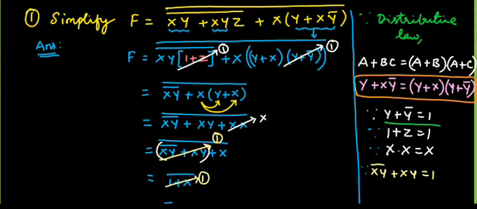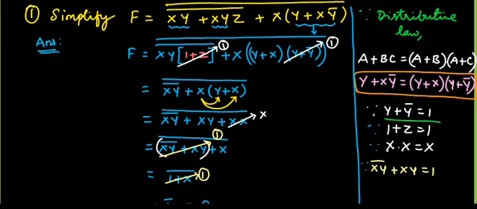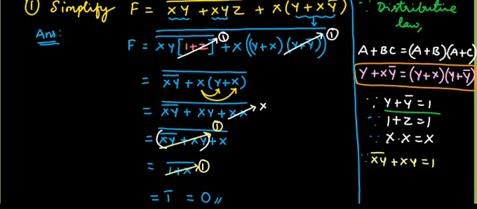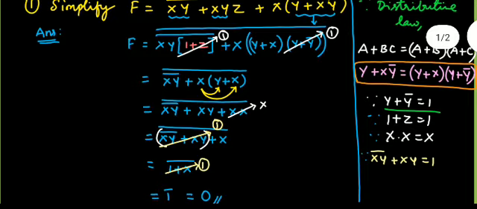Then in the next step, what we have? xy bar plus x of y plus x whole bar. Now what I am going to do is, I am going to multiply x inside, which I represent with yellow arrow marks. So in that way I am going to multiply the x inside the terms. What I will be getting in the next step? xy bar plus xy plus x dot x. So we know x dot x is x. So in the next step, what we have? (xy)' plus xy.